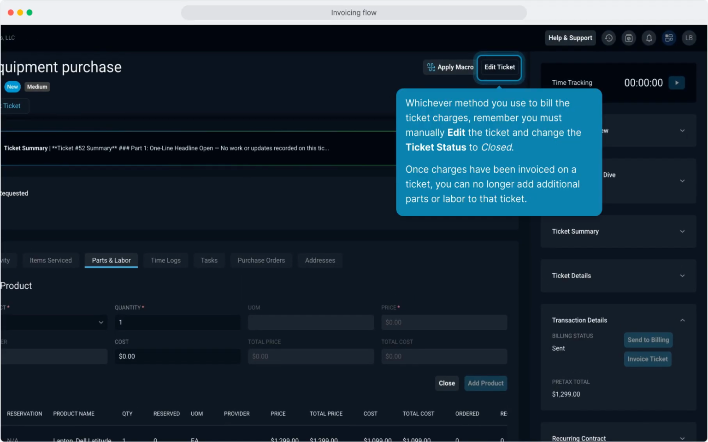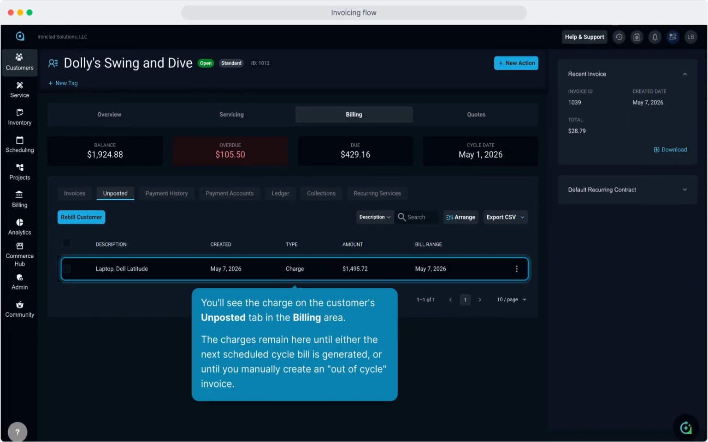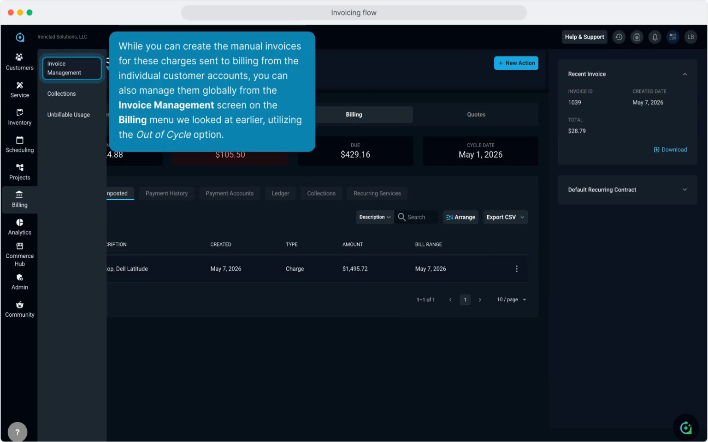Whichever method you use to bill the ticket charges, remember you must manually edit the ticket and change the ticket status to closed. Once charges have been invoiced on a ticket, you can no longer add additional parts or labor to that ticket. You'll see the charge on the customer's Unposted tab in the billing area. The charges remain here until either the next scheduled cycle bill is generated or until you manually create an out-of-cycle invoice. While you can create the manual invoices for these charges sent to billing from the individual customer accounts, you